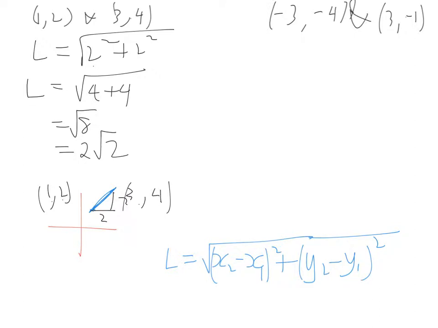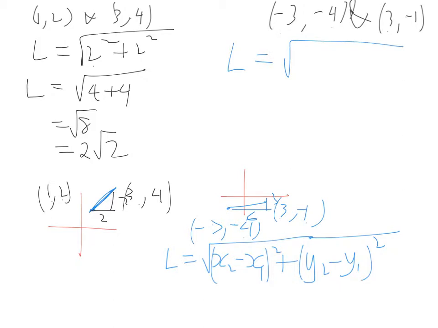Okay, let's see that again. So here we've got a graph. We're going from (-3, -4), which is somewhere around here, to (3, -1), so we're going to about here. From -3 to 3, we're going across 6. From -4 to -1, we're going up 3. So our length is equal to the square root of 6 squared plus 3 squared,